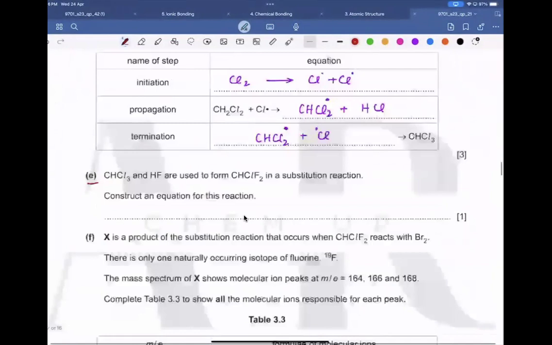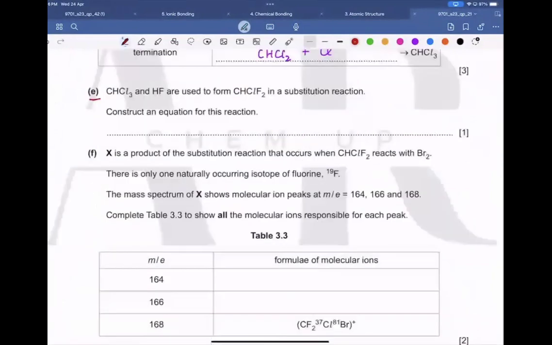In part E, if you see, trichloromethane, chloroform, and hydrogen fluoride are used to form CHClF2 in a substitution reaction. Construct an equation for this reaction. So if you see, it is very understandable that there are three chlorines, and out of these three chlorines, we are left with one chlorine. So see, as they have mentioned, CHCl3 is reacting with hydrogen fluoride to form